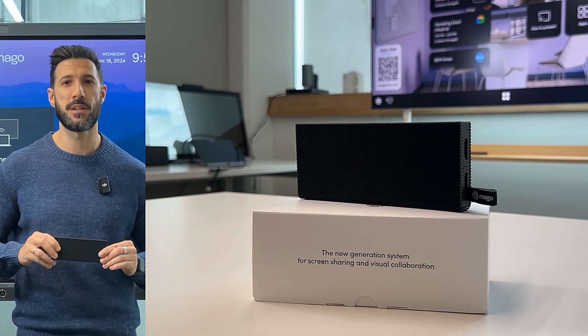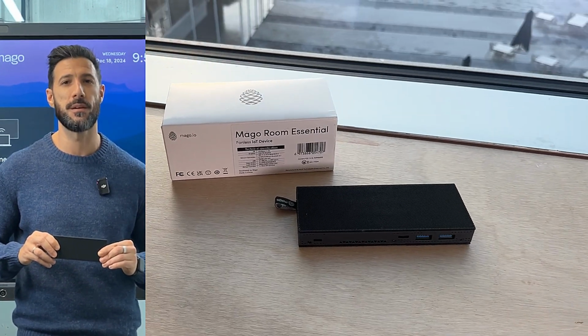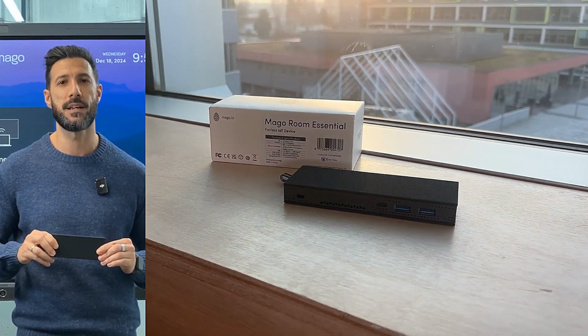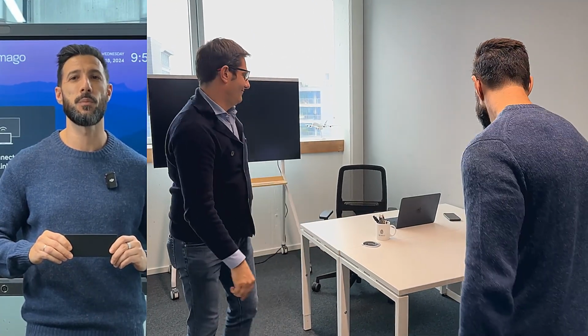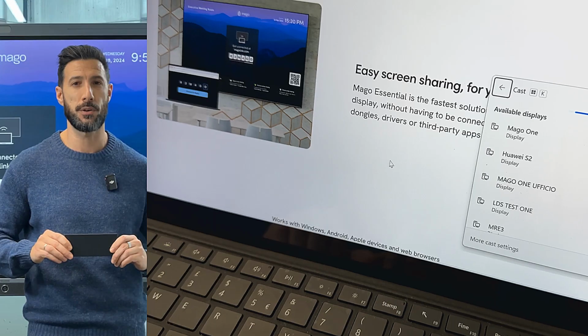Mago Essential is a very compact, powerful, and safe device for presenting content and screens, both wirelessly and with an HDMI cable. Both employees and guests will no longer have to struggle to present their content on the monitor in the meeting rooms. Mago Essential supports not only cable connections, but also the main wireless screen sharing protocols such as Miracast,